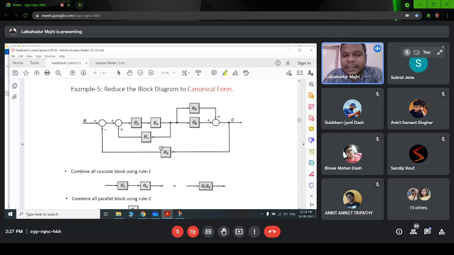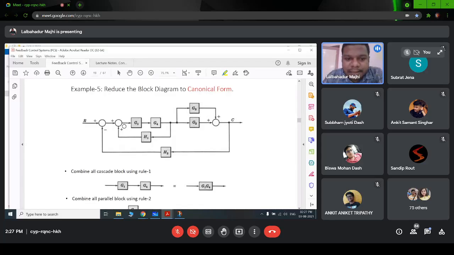And this H1 and H2 are sensors. They may be different sensors. H1 may be a pressure sensor and H2 may be a temperature sensor. And these G are the systems of a plant. So these are connected in this manner. So we have to find the overall transfer function for this block diagram, or we can say this system. Then we have to use the basic rules of block diagram reduction. First, we have to find if any blocks are connected in series or parallel or if there is a feedback path. We have to see those.